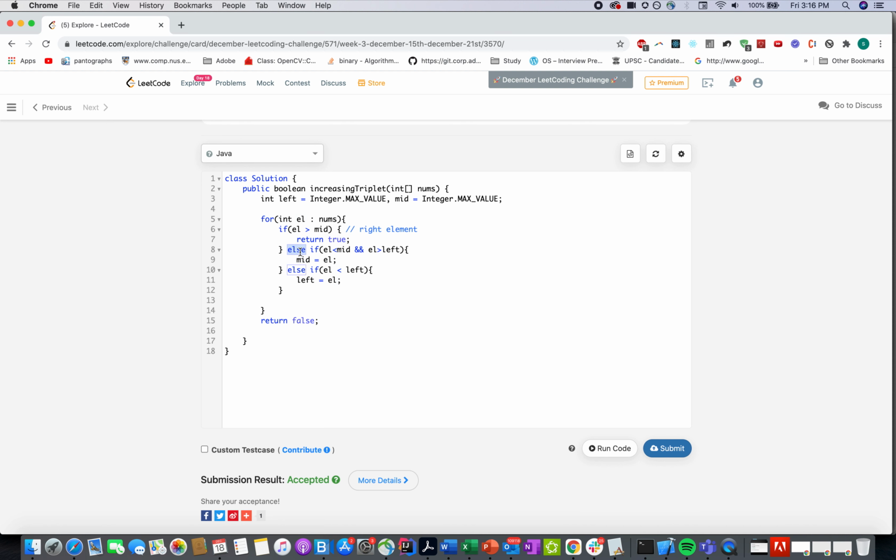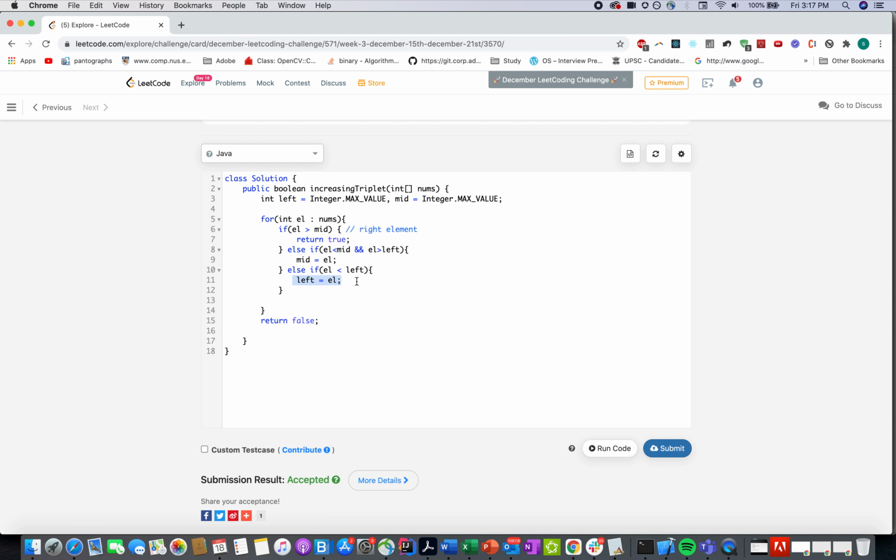If you have not found such an element, then you check whether your current element is less than mid and greater than your left element. Then you update your mid because that is the most probable candidate for the middle element. If that is also not true, then you check whether your current element is less than your left element or not. If it is, you update the left element.